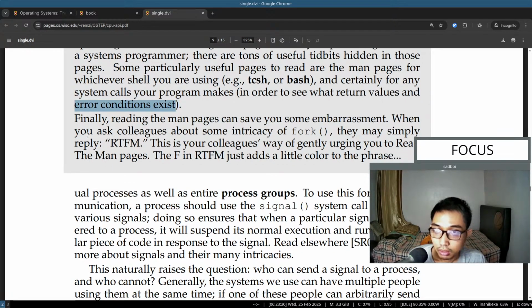Okay. Finally, reading the man page can save you some embarrassment. When you ask colleagues about some